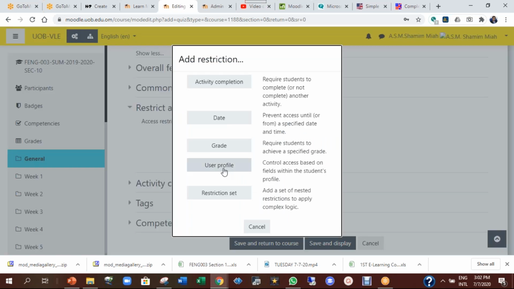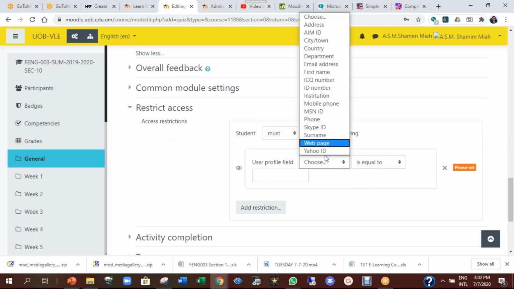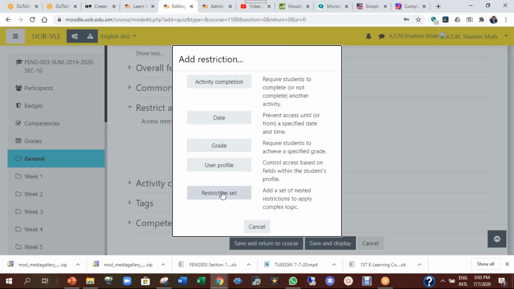Next, you can also restrict by user profile, but this one is not feasible for us at this moment because all our students have these things in common. Their email address is the same, so I don't think you can use a separate email address. And the first name, most of the students have a similar first name, and some of them have a different name. So if they don't have the same name, they will not be able to do this activity. However, this is an option which you can use if you have a diverse set of users. Last one is